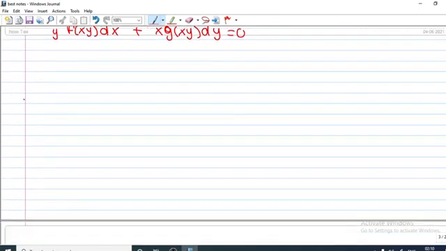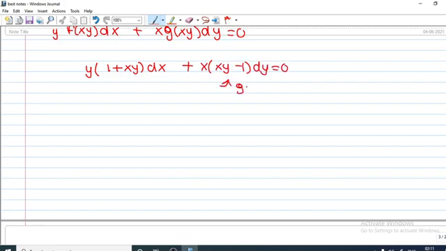Let's represent it. How can it be represented? If we take one y outside from it, I will get 1 plus xy. Remember, we will get xy. Now we have taken x, so you can clearly identify that this is my g of x y, and this is my f of x y. So now you have identified it. What is your next job? Get xm minus yn. Don't make any mistake.